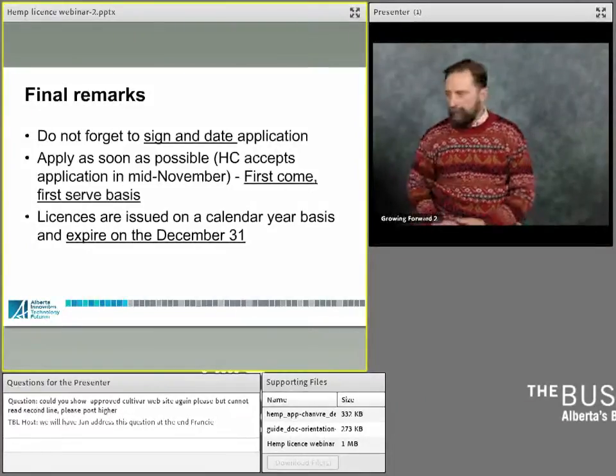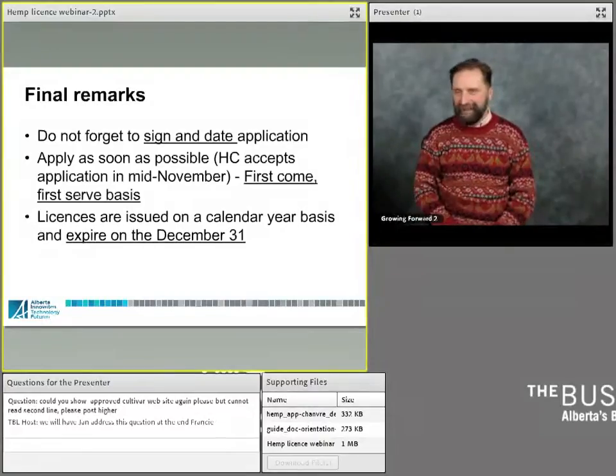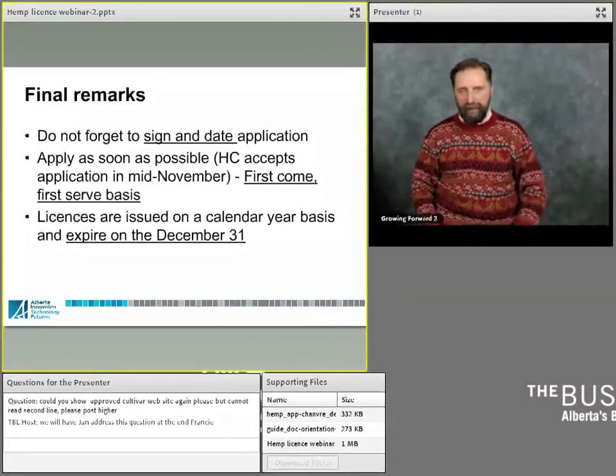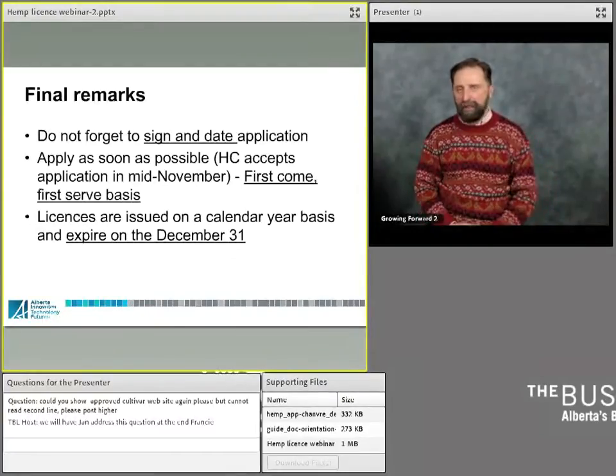So we have another question. Should hemp only be grown if a contract for grain is in place before cultivation? That's more of a comment, I think. Yes, absolutely. I will be getting there in my final remarks. Yes, farmers, particularly if you're a first timer,